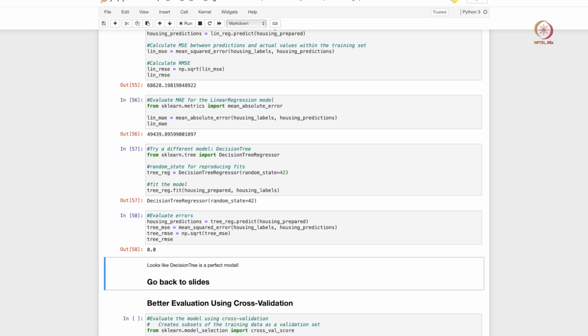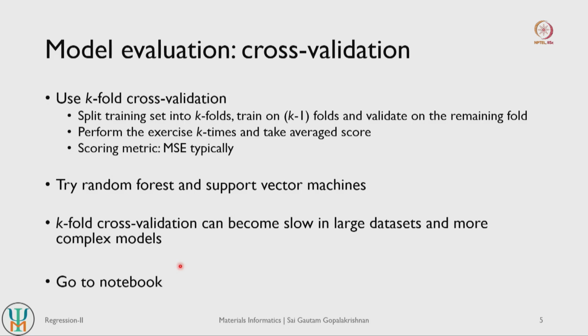In our case it's probably overfitting, so the model is overfitting, so we need to evaluate the model slightly differently using some other metrics, and that's what we will cover in our next few slides. So let's get back to the slides. Okay, so as we saw our decision tree model was almost a perfect model, but it's sort of perfect because it has overfit on our training data, and the way to evaluate whether our model has overfit or not is to do validation checks, and specifically we will put our models through this cross validation exercise.